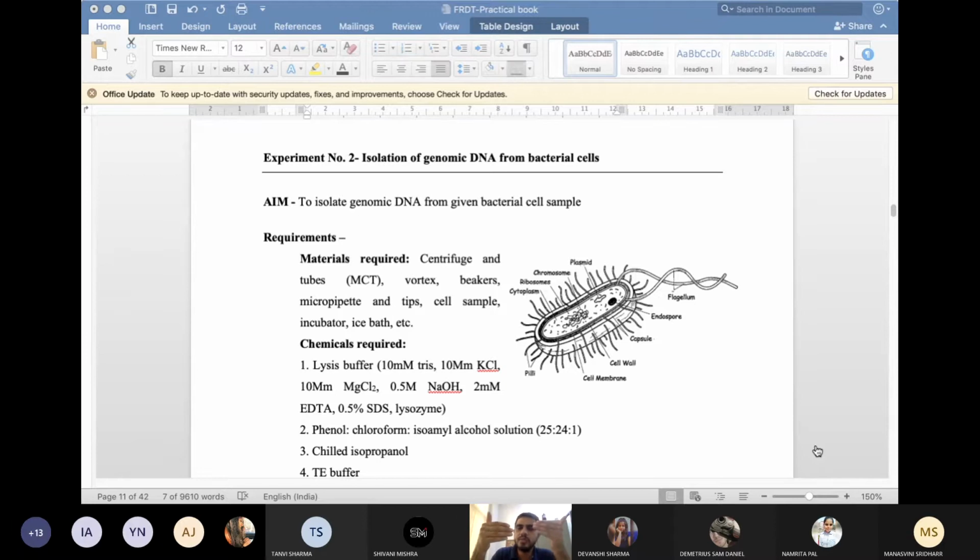Also, two types of DNA are there. One you call genomic DNA, or simply chromosomal DNA, or nuclear DNA. And the second type is extranuclear DNA, also called plasmid DNA or that type of thing. So two types of DNA you can have, depending on what type of DNA you need. And one more term is there, which I think you might all be aware of.